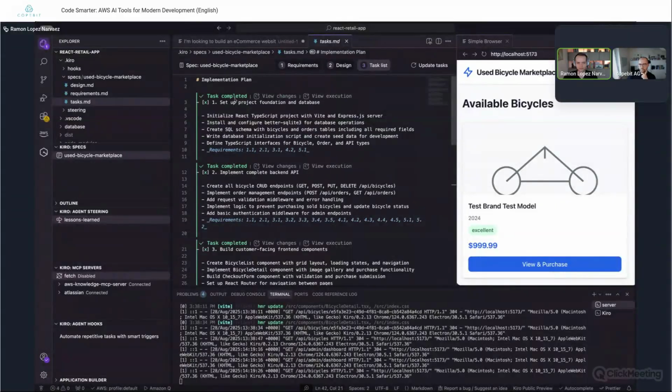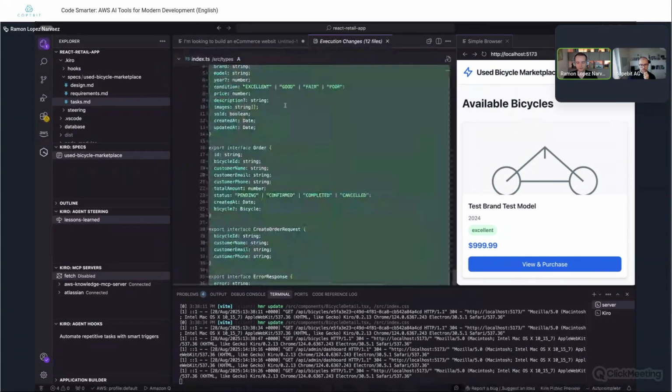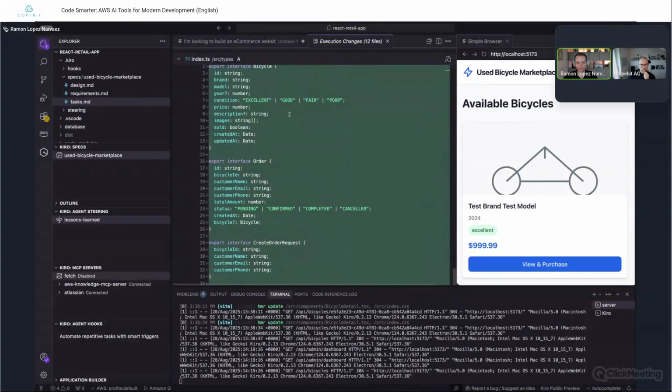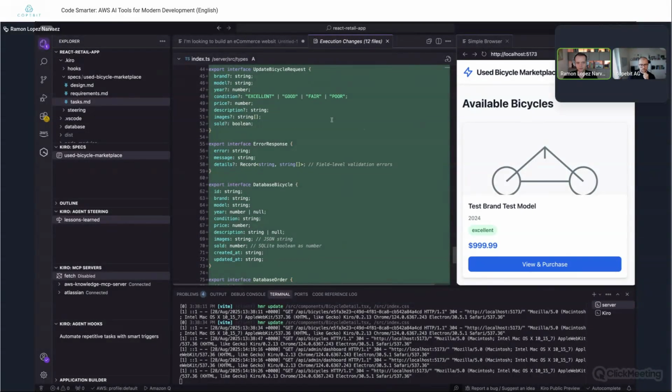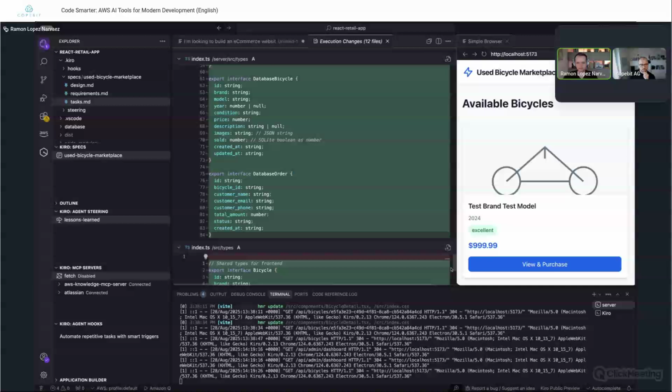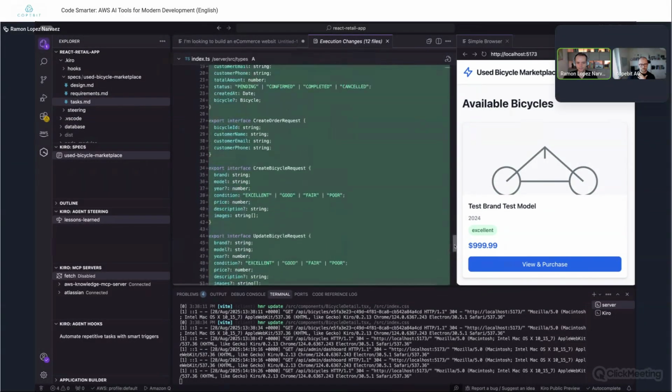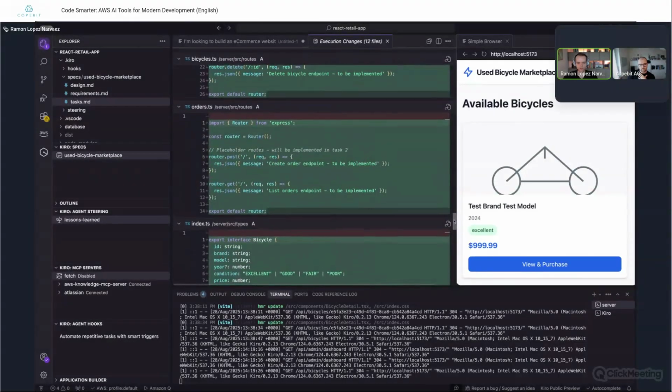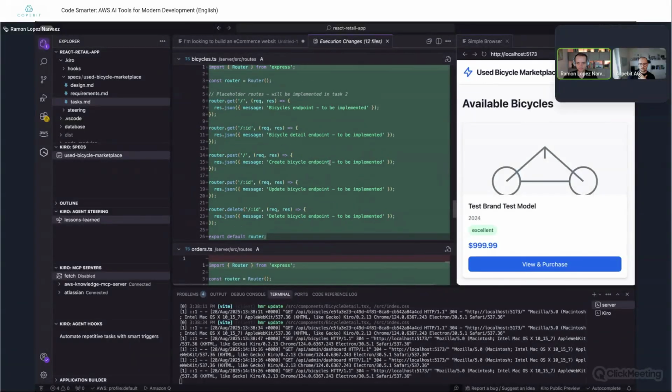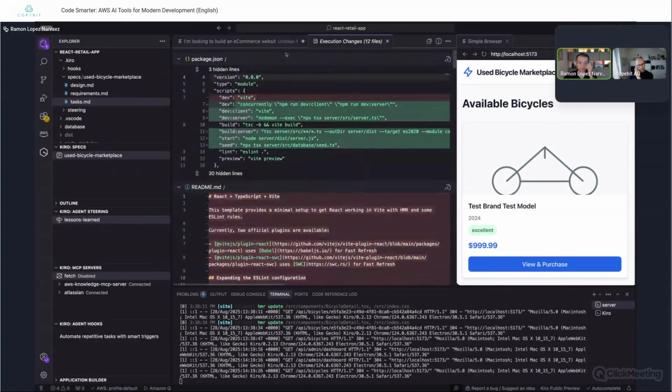So a list of tasks where you can see exactly what each task will do. And in this case here, it addresses requirements 1.1, 2.1, and so on. And what is really cool is that you can, for example, click on implement this task, and once it's done, you can inspect in a diff every change that it has done. So here this is task 1, and we can see how it implemented, for example, the data model, right? So you have your types, your routes, so you can inspect everything that it has done.